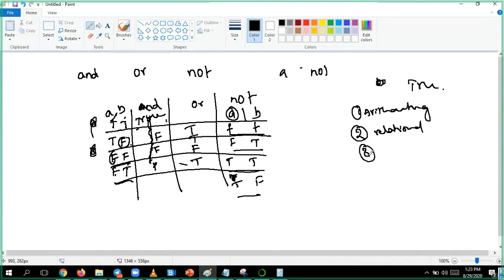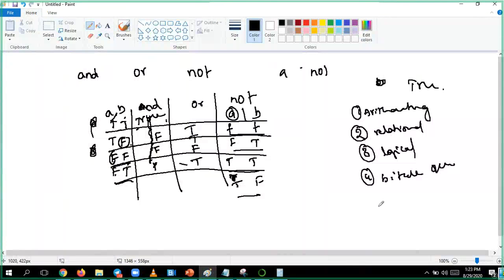Third, logical operators. And the fourth is bitwise operators.